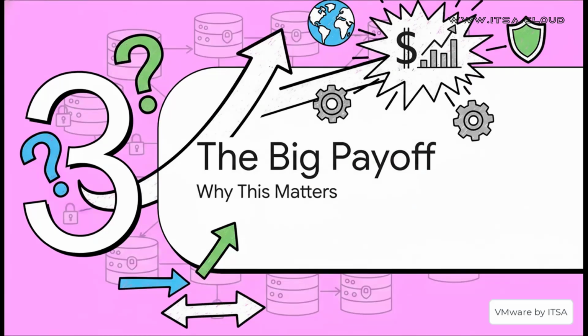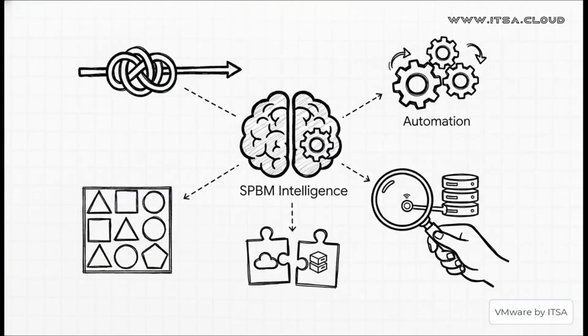Now let's talk about the big payoff. Let's get into the real-world benefits, because honestly, why this all matters is just as important as how it all works. And the benefits here are just huge. We're talking about radically simplified management across your entire environment. We're talking about powerful, reliable automation, much smarter resource optimization. You get granular per-application control. And finally, you get perfect alignment between what your workloads need and what your storage actually delivers.